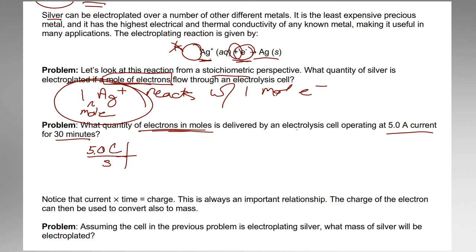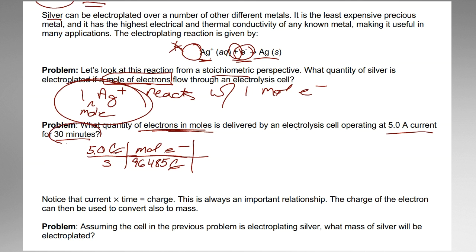An amp is always a unit charge per unit time. So 5.0 coulombs per second. And this is where we now need Faraday's constant. Faraday's constant is 96,485 coulombs per mole of electrons. So what we now have, if we were to complete this problem at this point, is the number of moles